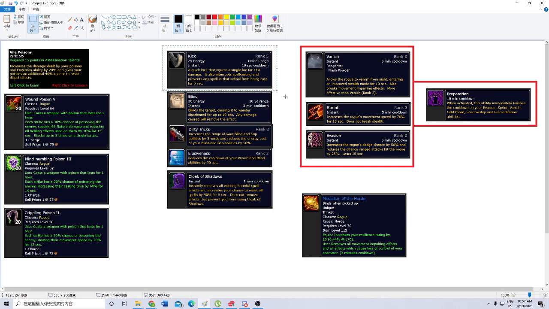Because you might be using GCDs on other things. Like, you might need a GCD for a Judgment. You need a GCD for a Judgment every 8 seconds. You need a GCD for a...